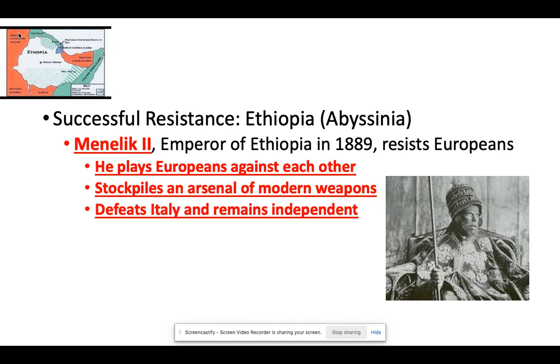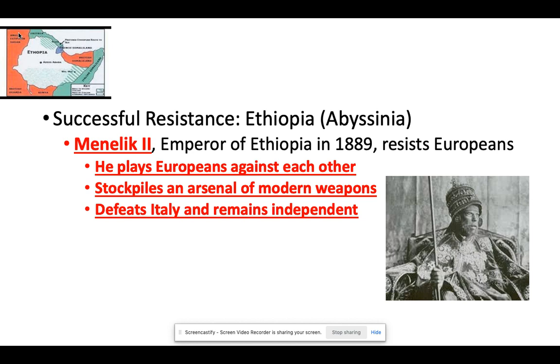I am going to use the fact that there is a language barrier between Italy and Menelik II here in Ethiopia. So he creates this treaty, and with a play on words, it would establish Ethiopia as a protectorate under Italy's control. Well, that's not going to work. Then Italy actually tried to claim Ethiopia: we own you now. You're a protectorate. We're going to protect you from everyone else. Well, Menelik had his stockpile of weapons, and they're actually able to go to war with Italy and defeat them